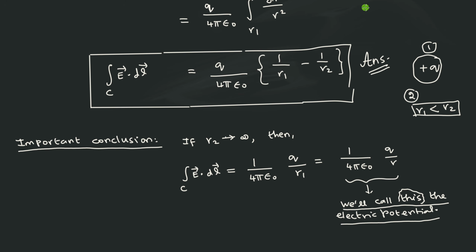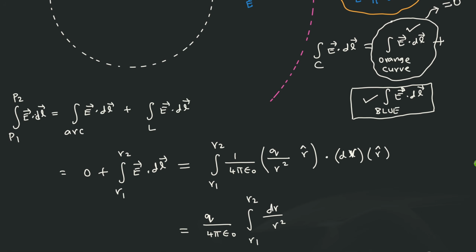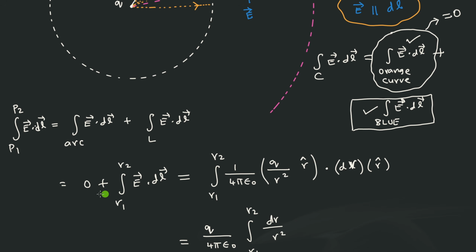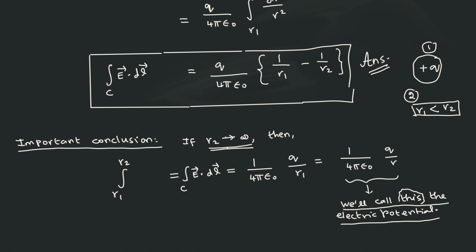But however, let us make a clear conclusion from this. Here I have written the integral with R2 tending to infinity. But in the integral you have not written it. Remember that practically you have done an integration from R1 to R2. Even though C is any contour, ultimately we have chosen a contour such that only R1 to R2 survives. The other integral is 0. Only R1 to R2 survives, and that is the only thing giving you the answer. Therefore, the integral over C is nothing but the integral from R1 to R2.